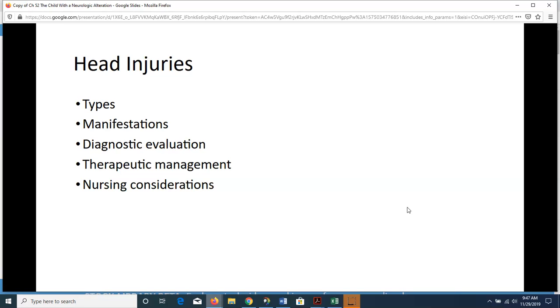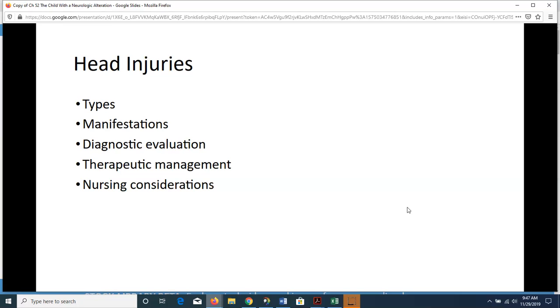Moderate to severe head injuries are marked by decreased level of consciousness, changes in vital signs, and signs of increased ICP. They can have retinal hemorrhage, hemiparesis, and papilledema. Seizures may occur within the first 7 days after a moderate to severe head injury. Diagnostic evaluation includes a complete history of the event, which helps to determine the mechanism of injury and whether the child